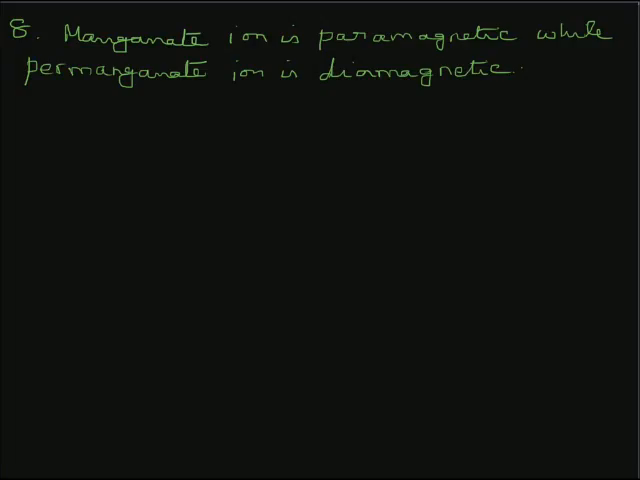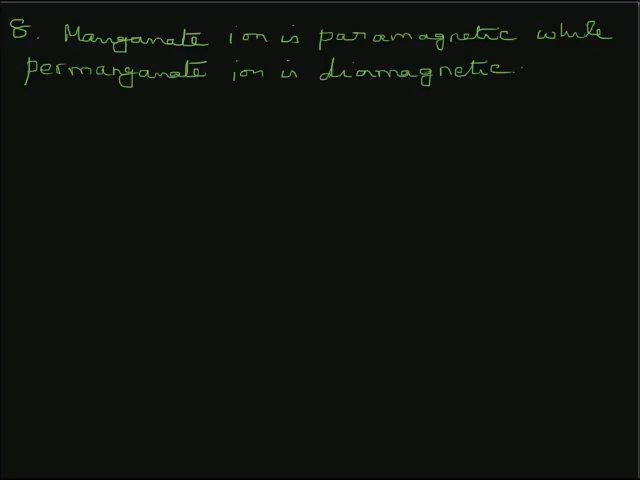The eighth question reads thus: manganate ion is paramagnetic while permanganate ion is diamagnetic. Manganate ion is MnO4 2 minus. In it, Mn is present in the +6 oxidation state with a configuration of d1, just one electron in the d level. You know, paramagnetism arises due to the presence of unpaired electron. Hence, it is